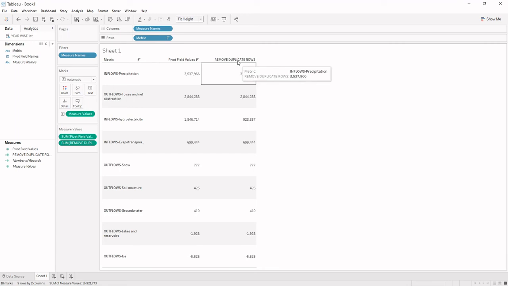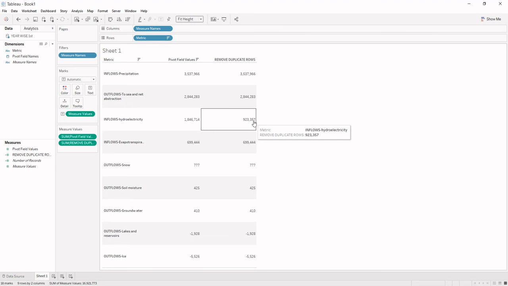Whereas in remove duplicate rows also it is the same. For outflows they are both the same. But for inflows hydroelectricity, you can see it mentions 1846714, and for remove duplicate rows it shows me 923357. What does it mean? It is telling me that after doing the aggregation of sum, it is only aggregating the sum of the rows that are not identical.